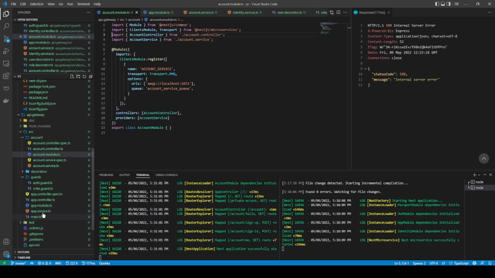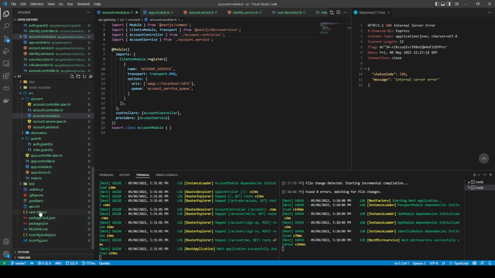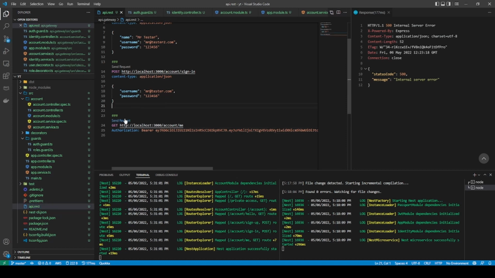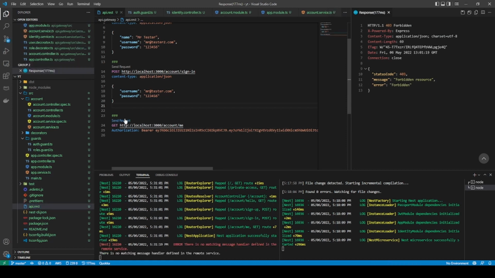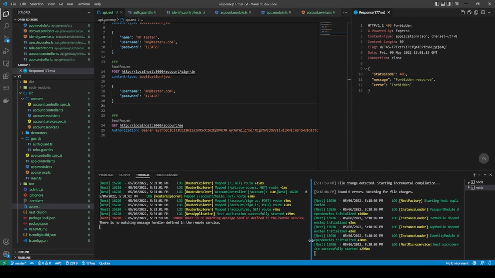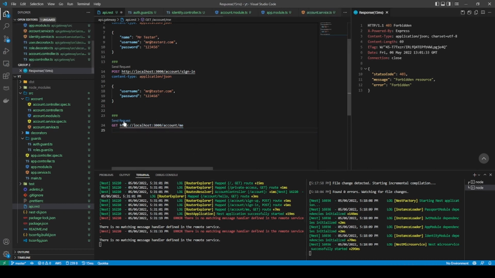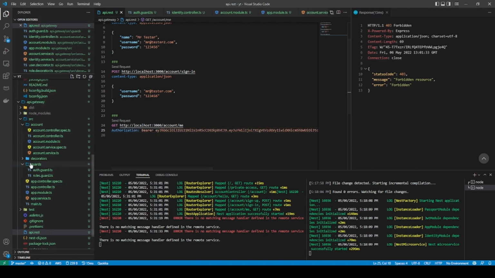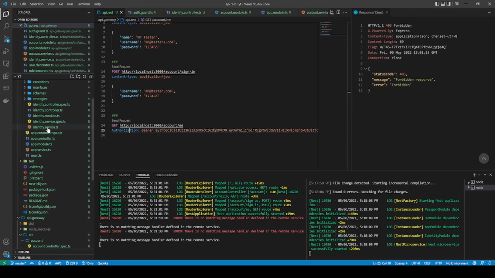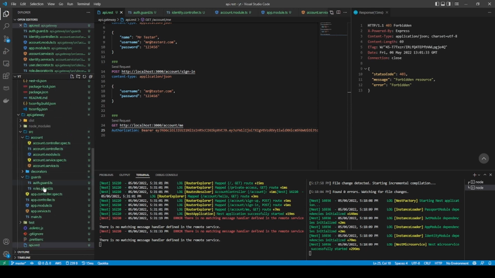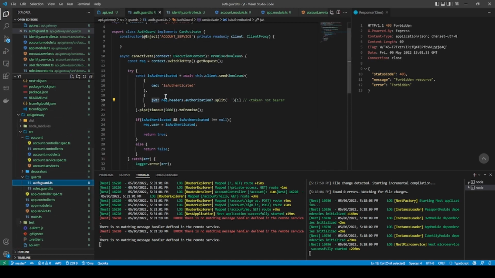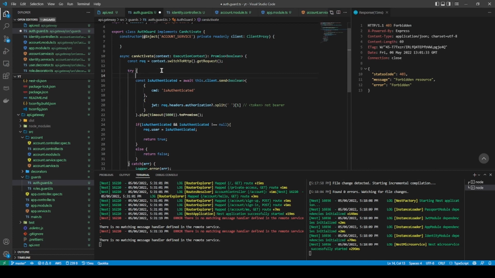guards here. I'm just going to find the REST API. Okay, and let me test this. And there's no matching message handler defined in the remote service. Let's run this again, the same error. So our guard is being called. I need to go to the guard, and the guard comes here. So I have to just go to console,